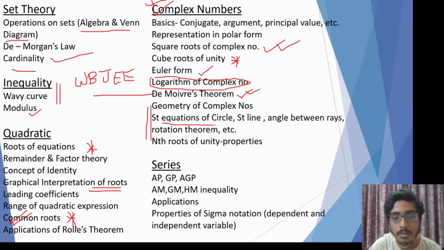And the first one is the equation of a circle. Here this question directly came from the equation of a circle. They had given, last year only, the equation of a circle in complex form, and asked to find the center and the radius, right? So this is important, and so you must know the equation of a straight line in complex form, angle between rays, the rotation theorem, and other